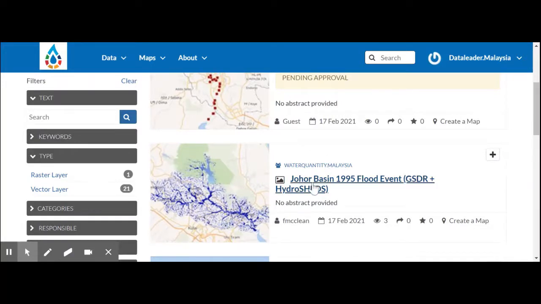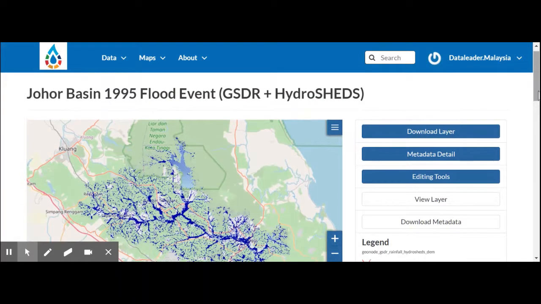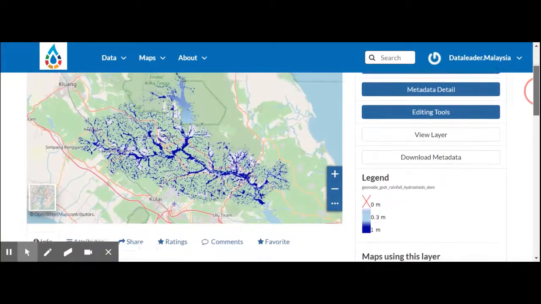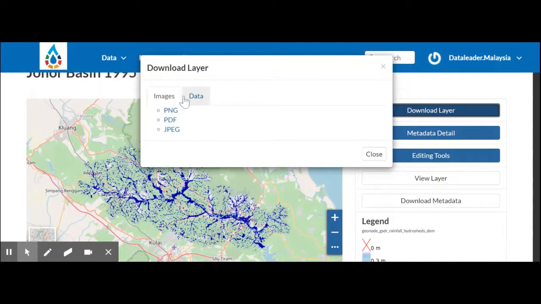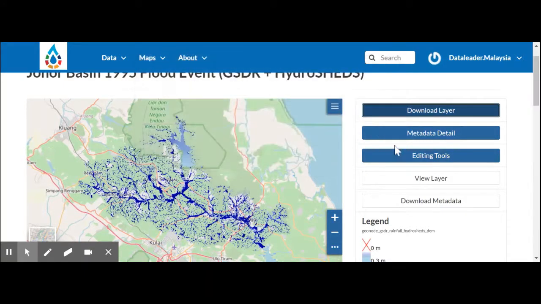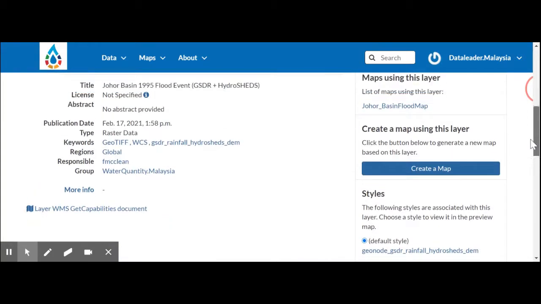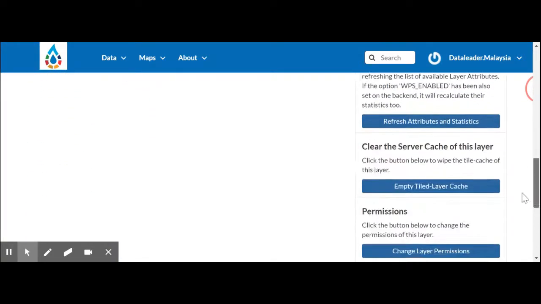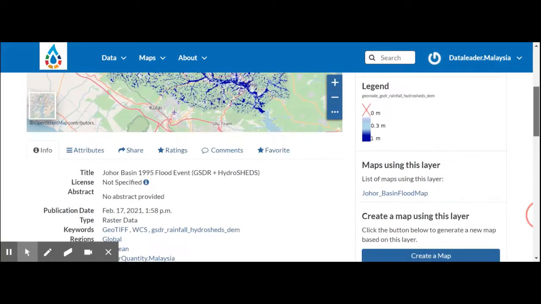For example, I would like to click on this one. This is a flood event from the Malaysia region, Johor. You can download the layer. This is a TIFF, so you can select what type of format you can download it in. You can download the meta details. You can select edit tools, and you can also see all other information regarding, for example, which group it is and who downloaded the data, who uploaded the data, and which